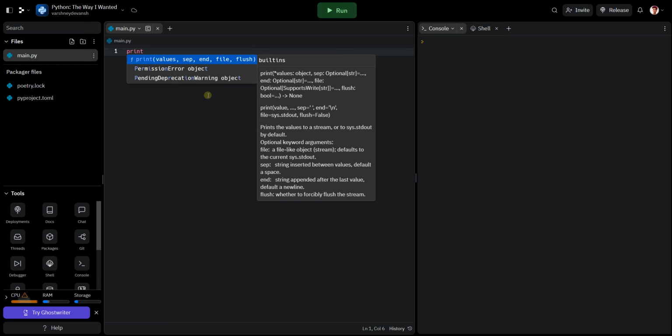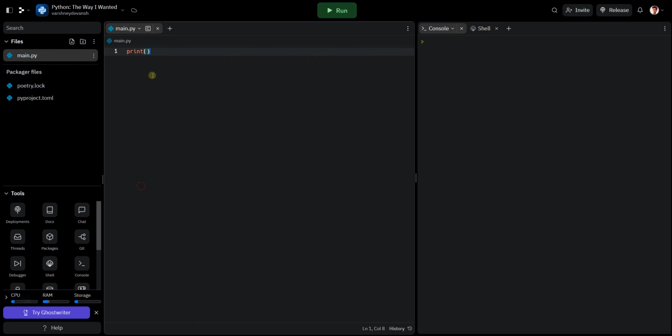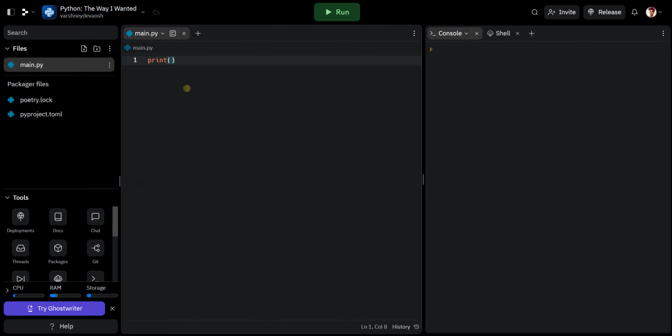Just print and parentheses. So this is our function. Let me zoom in a little bit so you can see it better. So there is this print, and then there is this thing. You can think of it in this way.